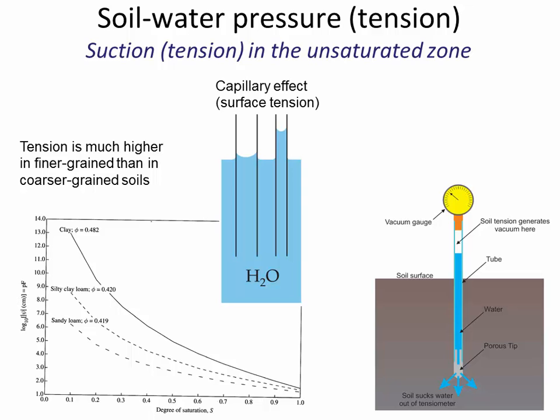So my question for you is, what's the trend here? When the soil is more saturated, what happens to the suction of the soil? So the suction is less. So what does that mean as far as rain? Think about when a rainfall event, when the rain just barely begins,